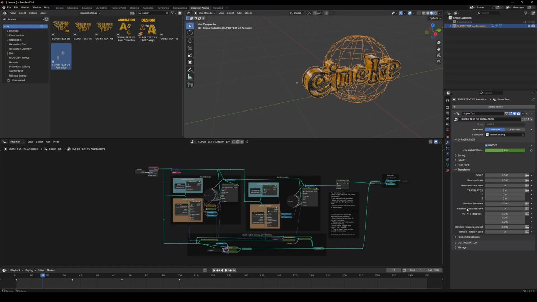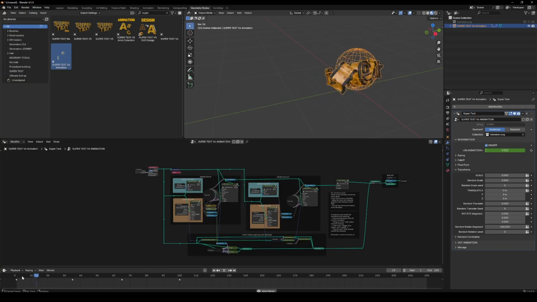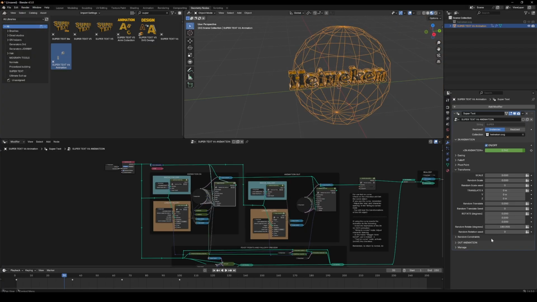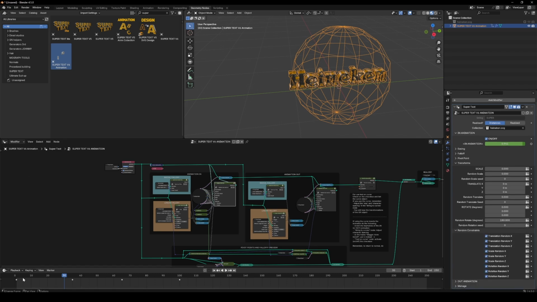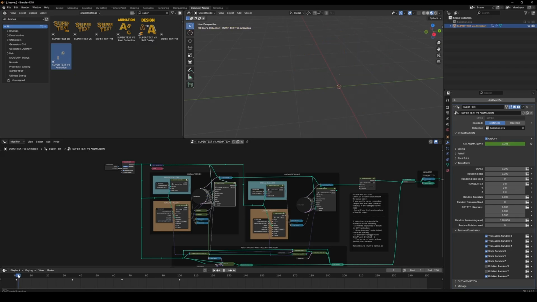Okay, this is all about the transforms. You can also add random transformations like random scales, like for example random rotations. You can check and uncheck to make, for example, random translates but only in the Z axis. And also I have the control of the random constraints here. For example, now it is rotating in all axes, but I want to rotate only in the Z axis. So I uncheck the X and Y axis and